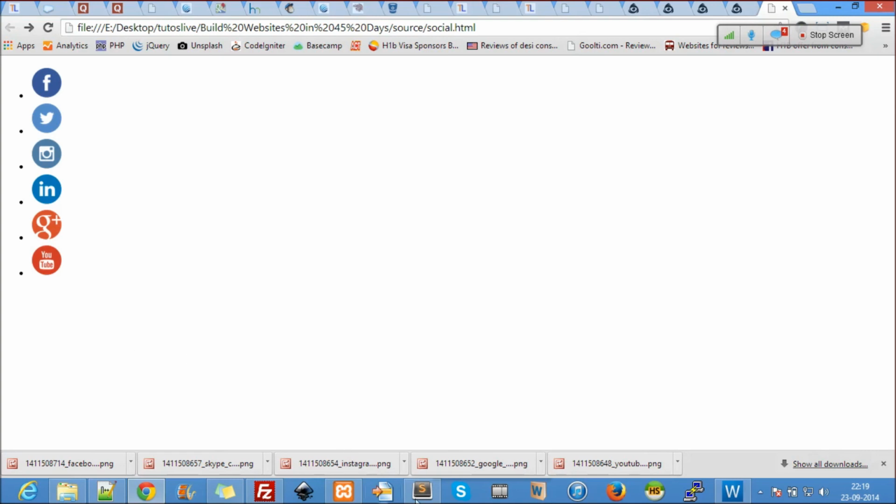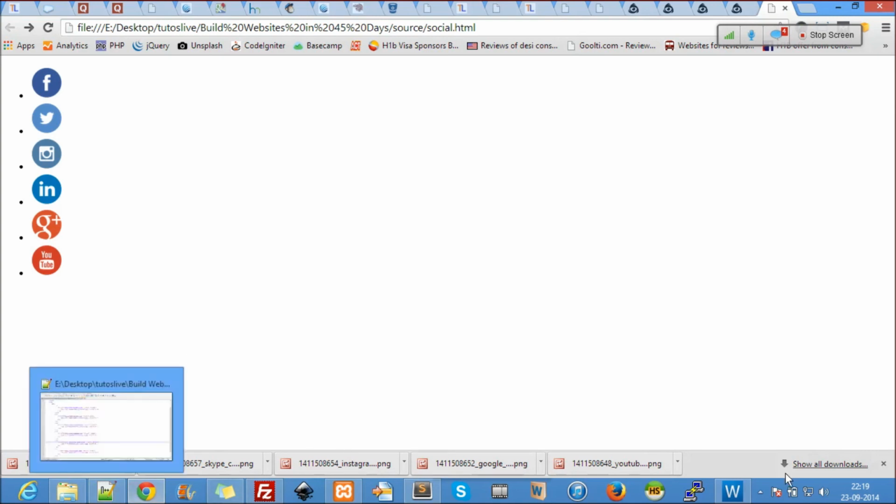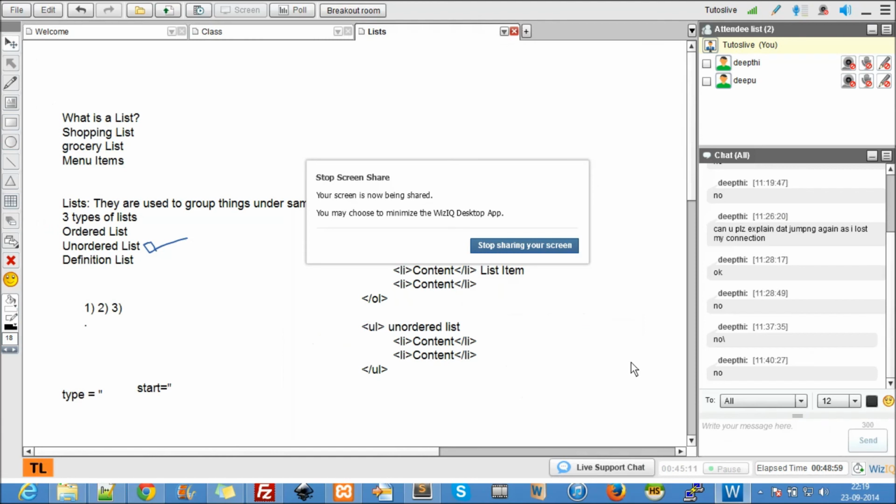The reason is that lists are used for menu icons, or whenever you want to group something as a navigation. You are supposed to use lists with links, with images or text, whatever you would like. So you go to any website and find the menu bar.